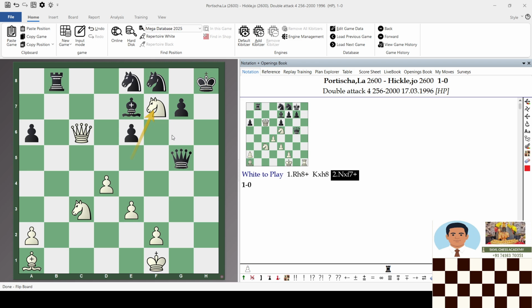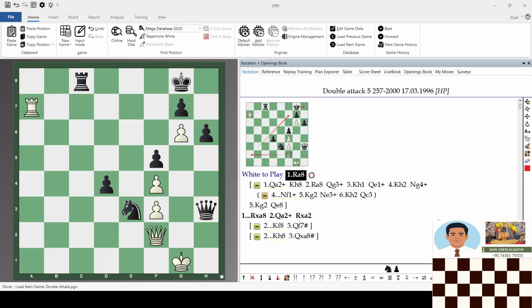Now there is a knight fork, knight to f7, winning the queen. Now let us see the next position. Here in the fifth position,